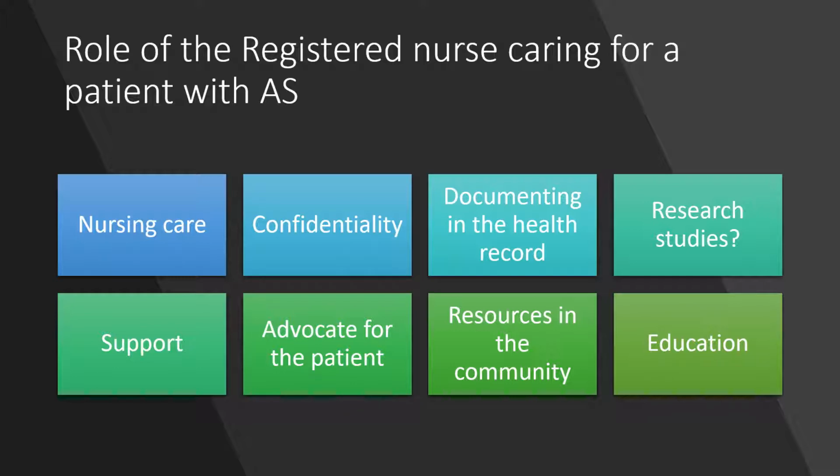The RN will need to be supportive of the family. They may be devastated by this new diagnosis, or they may not be aware of the support that is out there for them. They may just need a break to go out for a meal. They need to take respite time occasionally. The RN will need to let them know this is normal and healthy to take time for yourself, your partner,